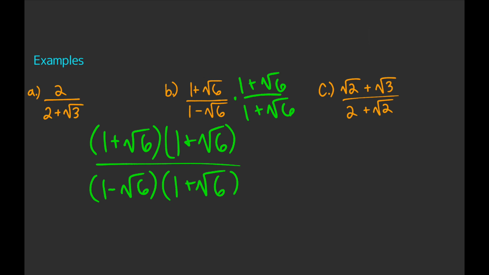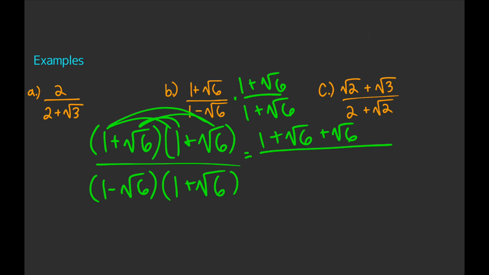So let's simplify the numerator. We're going to do 1 times 1, which is 1. 1 times the square root of 6, which is positive square root of 6. And then this square root of 6 times positive 1, which is plus square root of 6. And then square root of 6 times square root of 6, and the square roots cancel out,